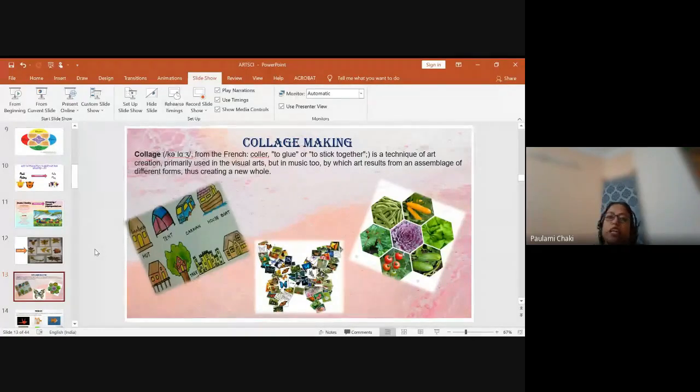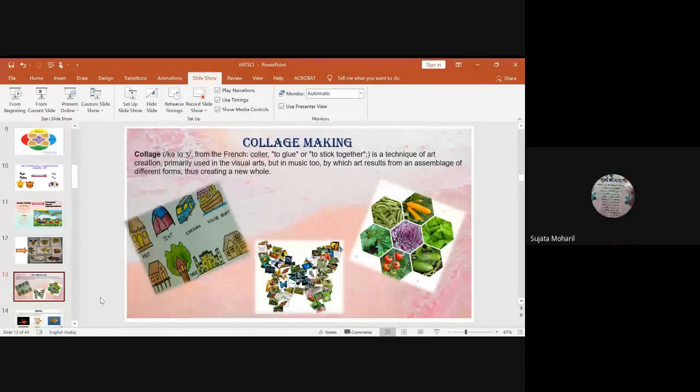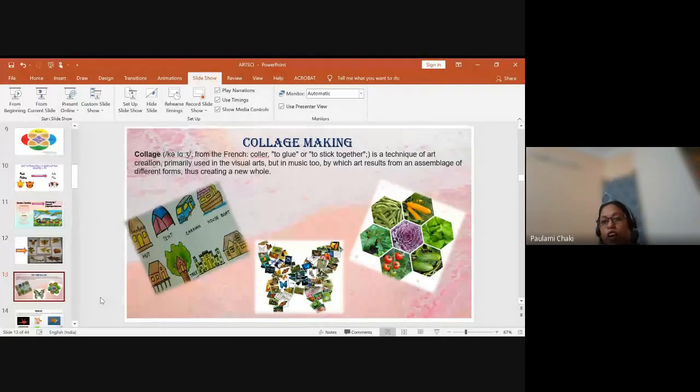Then collage making. Collage making, generally we always do. All the teachers, we are doing collage making in our schools. So collage making in the lower grades, we can use for food we eat, houses, different types of houses. You can see I have put one. Here they can color, they can draw on their own, they can make collages. Then there is one lesson called Hututu in grade 4, wherein you can do collages of different games or different sportspersons, from which region of India they belong. So we will be integrating SST also here, right?